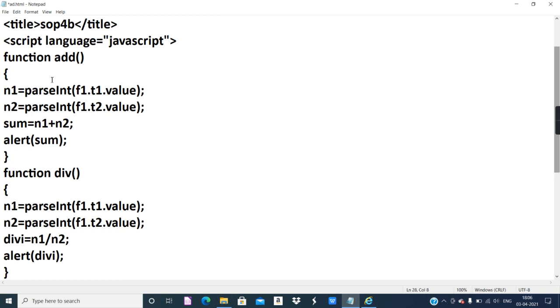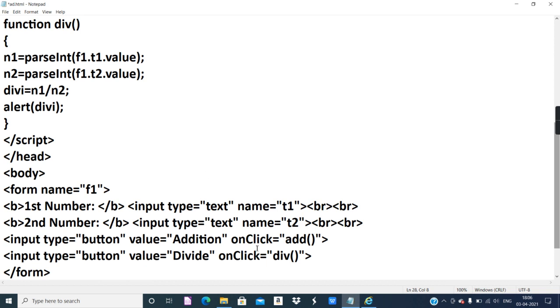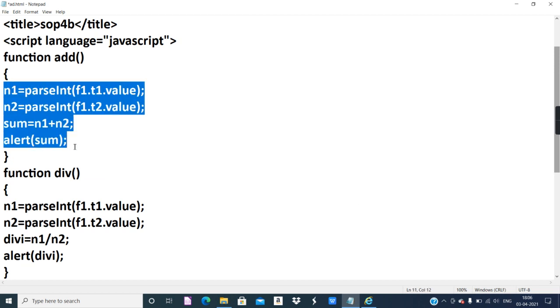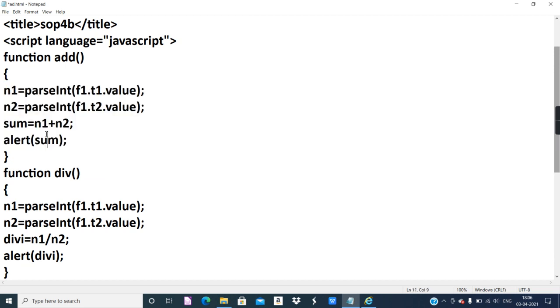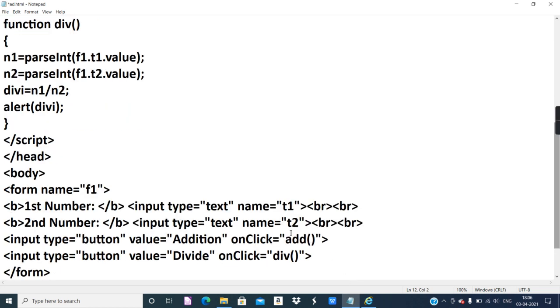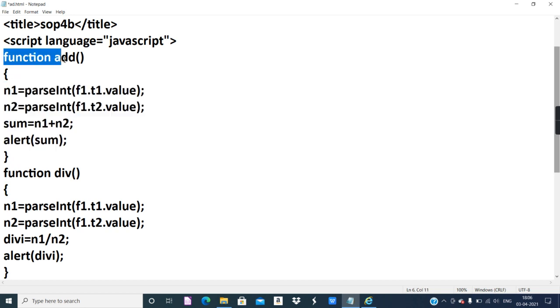As I told you, when we perform event-driven JavaScript, each button gets the control of a function. Now, why is a function needed? So that the entire task can be encapsulated inside the covering of a function. You just need to put the name of the function, and all the statements inside the function will execute and perform your task. So this is the easiest way.